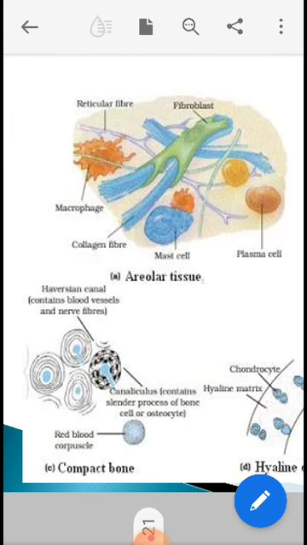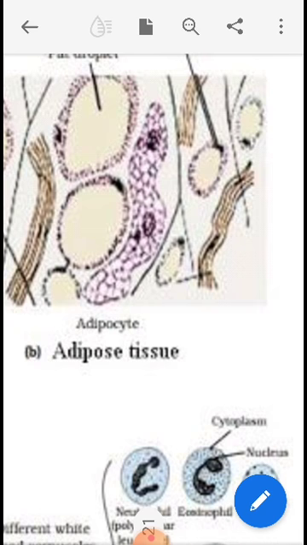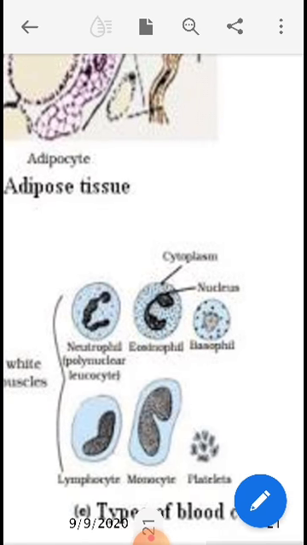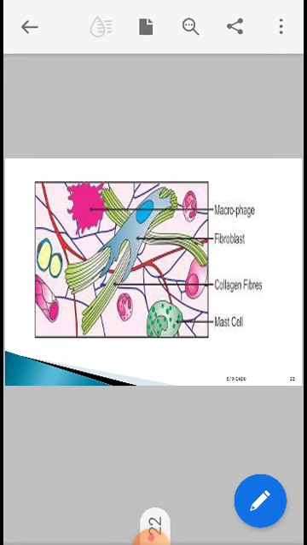You can see here the compact bone. Even regarding the compact bone, you just see the structure. No need to go into too much detail about its structure. Here you can see the adipose tissues, how the fat is deposited. You can see the holes, the places where the fat is deposited. And here downside you can see the types of blood cells. Just 2 to 3 slides before you have seen the different types of platelets, the monocytes, lymphocytes. I had shown you the figure, so again no need to go into too much detail about it. This is just for your information.